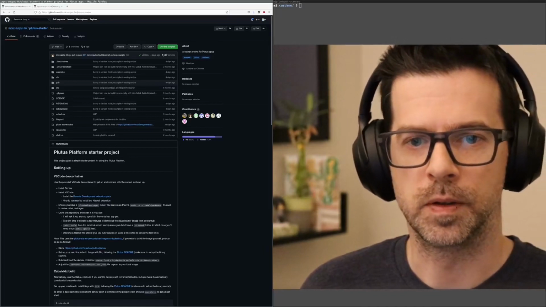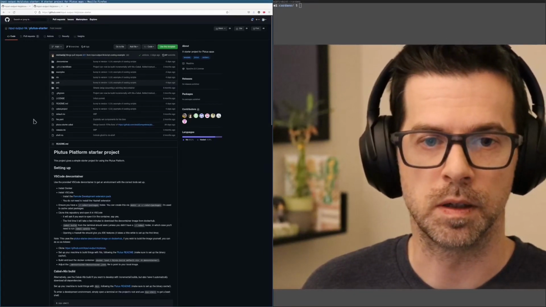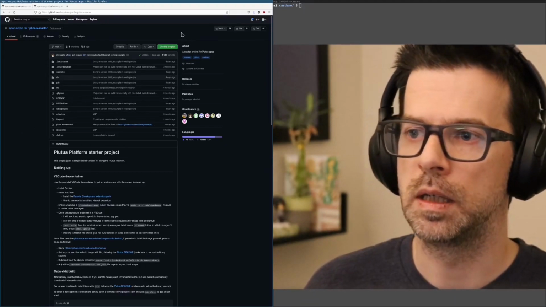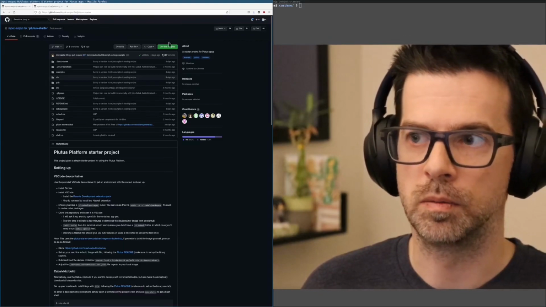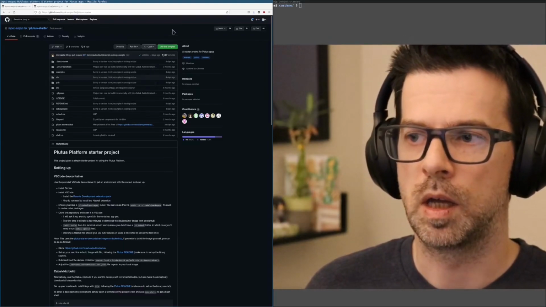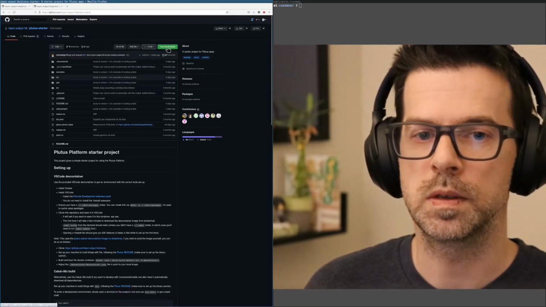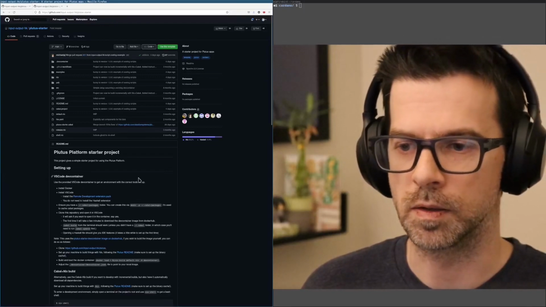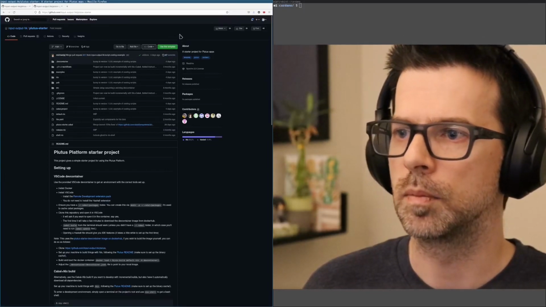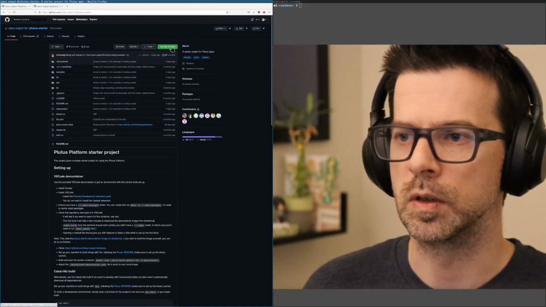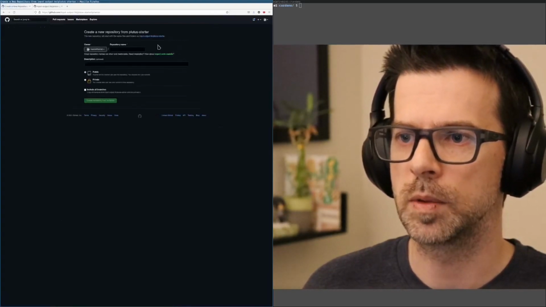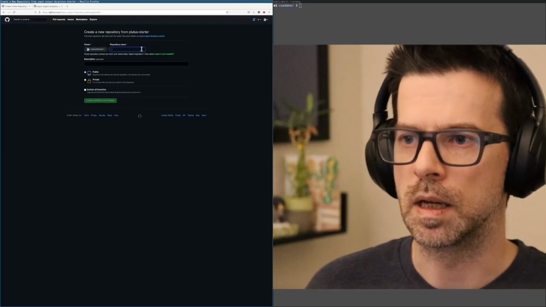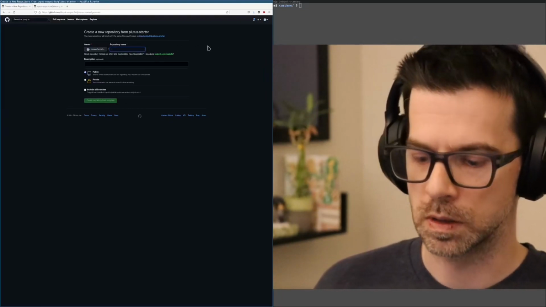All right, I am on the page for the Plutus Starter GitHub repository from Input Output Hong Kong, or IOHK, or whichever. And usually what I do is I clone the repo. But here I notice there's this use this template function, and it even has VS Code dev containers and all that good stuff. Awesome. Yeah, I will not be using that, but feel free to use that. So I'm just gonna click on use this template. I'm just gonna put it to my personal GitHub and give it a name, just